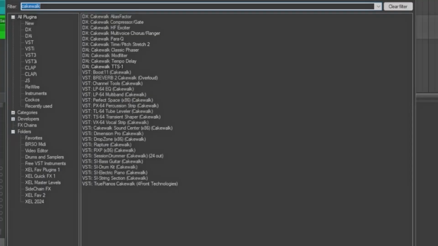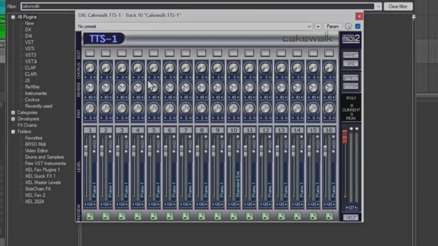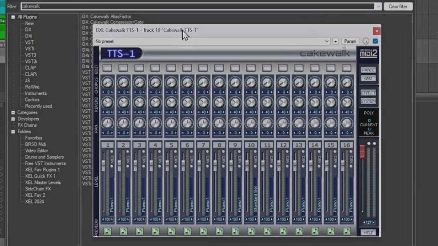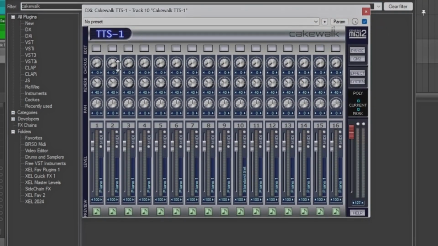And I'm going to pull up the TTS one. This one used to come inside Cakewalk. It no longer does. It is basically like a Rompler, like the old kind of like Yamaha sounds and things like that. This is what you would use if you had like a MIDI template, and you can use this and it'll actually play all the sounds of that template. All right. So